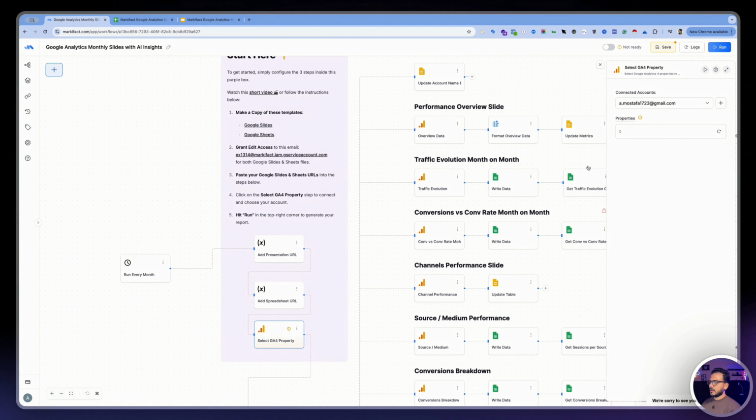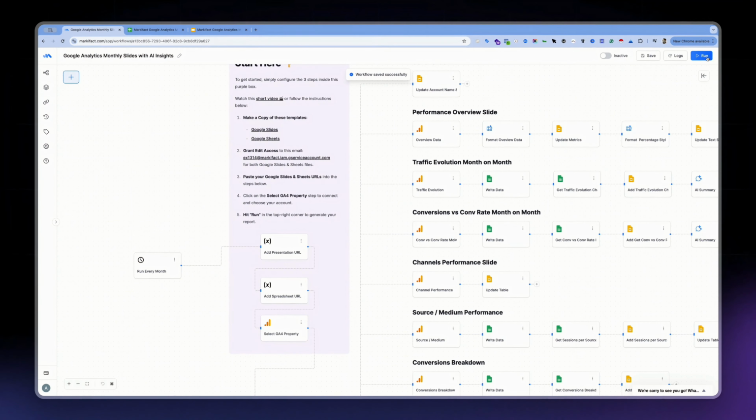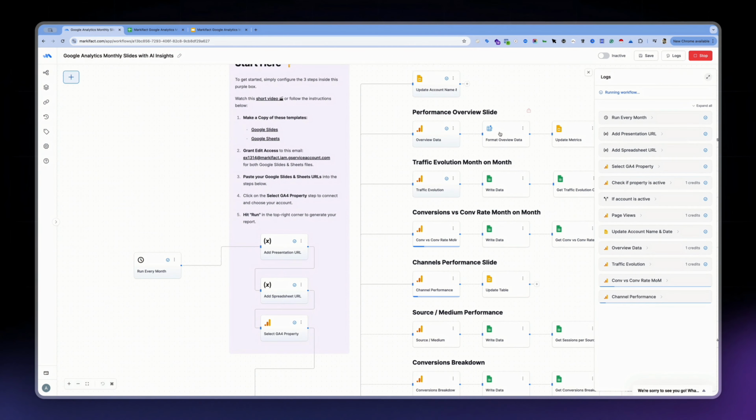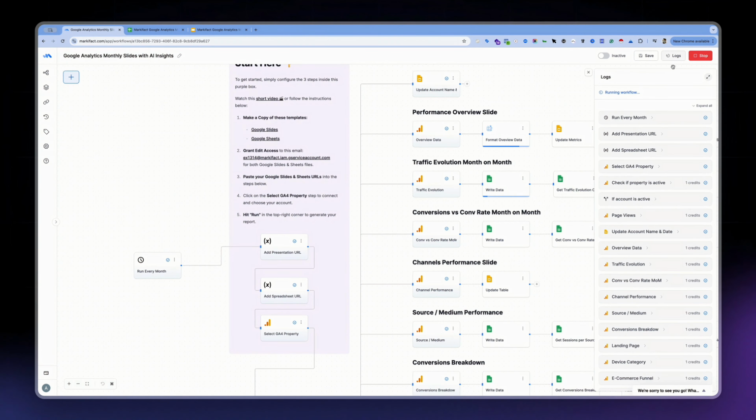So let's click on the Google Analytics property, and I have already authenticated my Google Analytics account to Markifact, so it's already there. If not, it will ask you to connect, and you will do this in a second. Then you'll need to select the property that you want to get the data out of. So I have this property that contains data, so let's use it and let's save, and let's hit the run button over here. As you can see, the automation is currently working, and we are now at the logs section